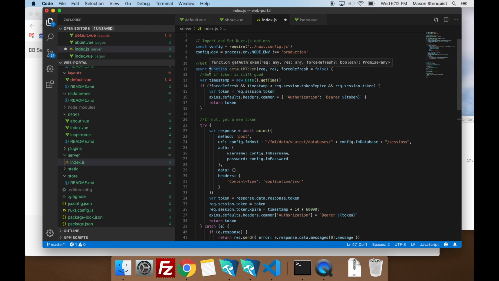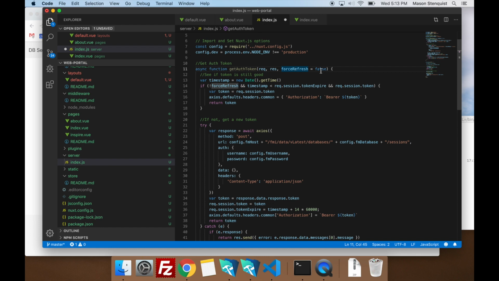What it's doing is it takes in a couple of parameters, the request and response parameters, and then whether we want to force refresh the token. So when you're first logging in, you probably want to force refresh a new token. That way, if you've logged out and want to log in as someone else, it'll let you.